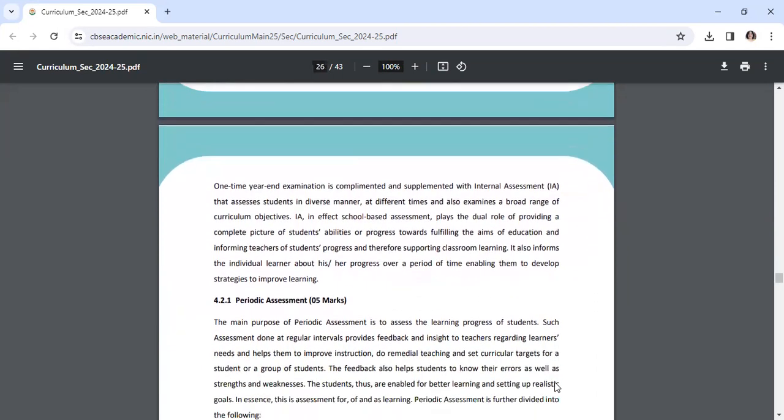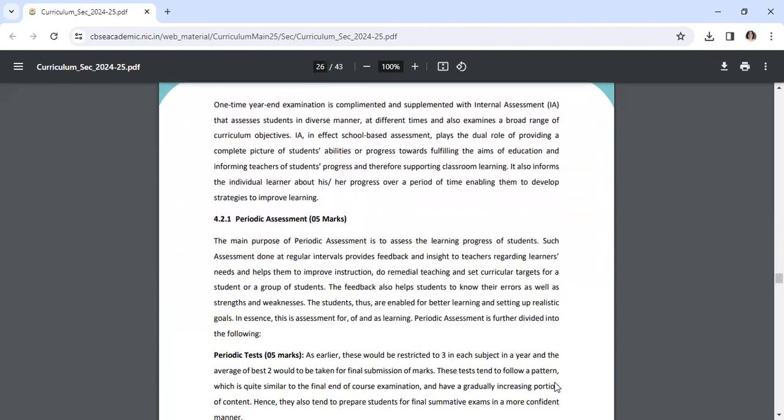Internal assessment is for 20 marks. The one-time year-end examination is complemented and supplemented with internal assessment, IA, that assesses students in diverse manner at different times and also examines a broad range of curriculum objectives. Internal assessment, in effect school-based assessment, plays a dual role in providing a complete picture of students' abilities or progress towards fulfilling the aim of education and informing teachers of students' progress, and therefore supporting classroom learning. It also informs the individual learners about their progress over a period of time, enabling them to develop strategies to